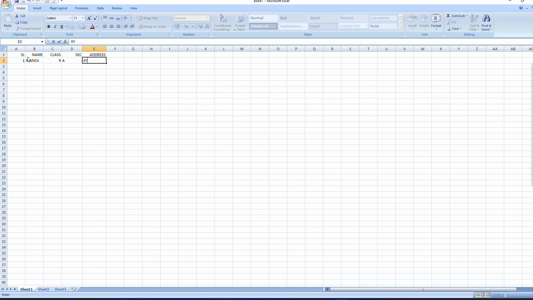then serial number 2, Mahesh, class 10, section B, then village XYZ. Okay, I have entered some data here, and after entering data I am going to give a border for my